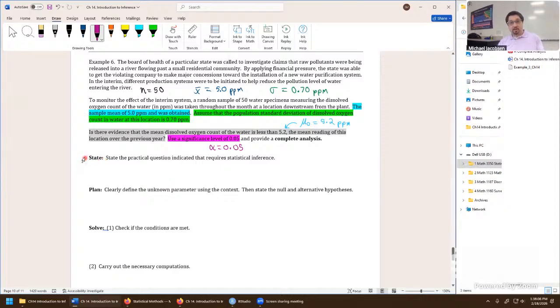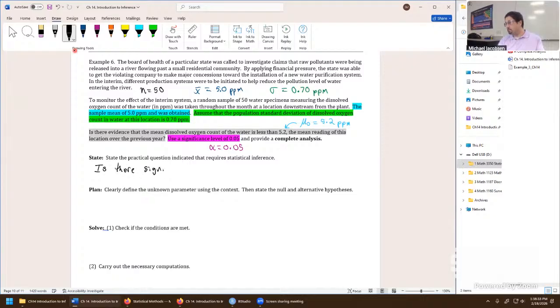Well, we're looking at our complete analysis structure. We're doing this with a hypothesis test. The first thing I'll ask you to do for this problem is just say what the practical question is. You can either directly cite it into the document or in your work, like we mentioned before with confidence intervals, or you can put it in your own words. If I was to put this in my own words, I would say the practical question is there